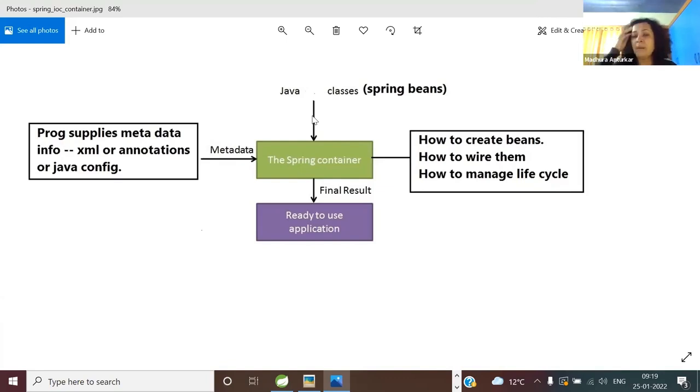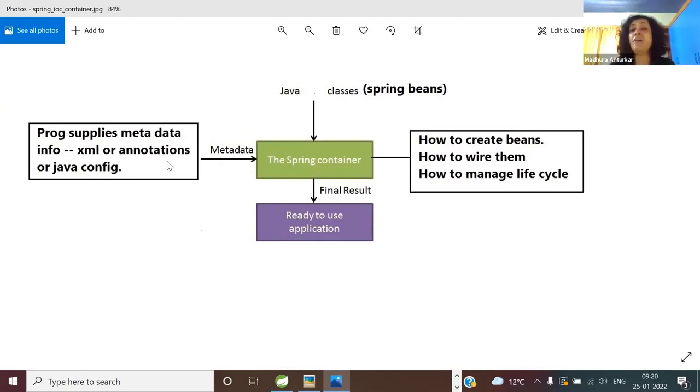But as you saw a minute ago, we had to write a tester, and in the tester we had to create the beans, dependent and dependency. We had to wire them, and there was no lifecycle, but this is what we had to do. So do we want to keep the control of dependencies with us? Never. So involve the Spring Container.